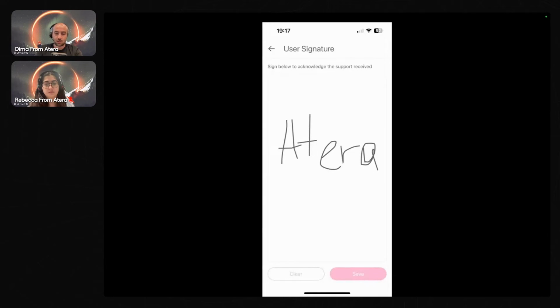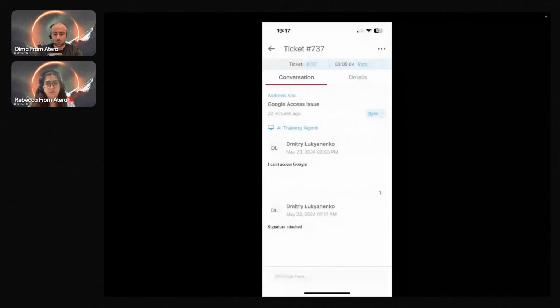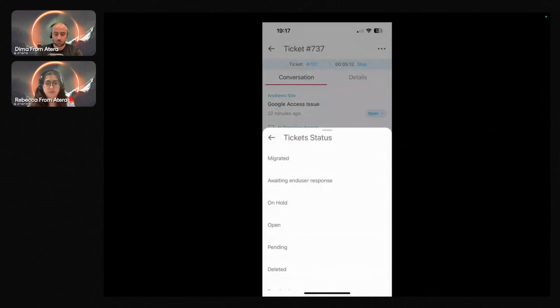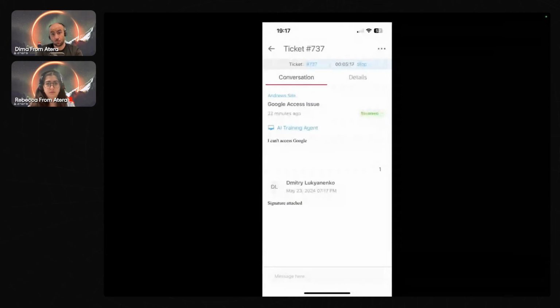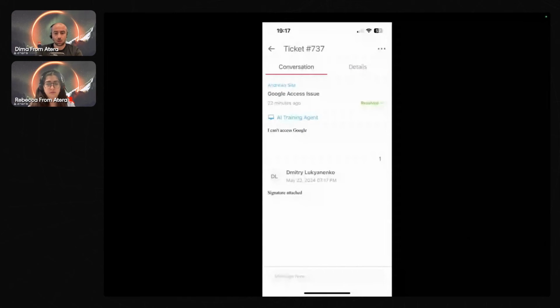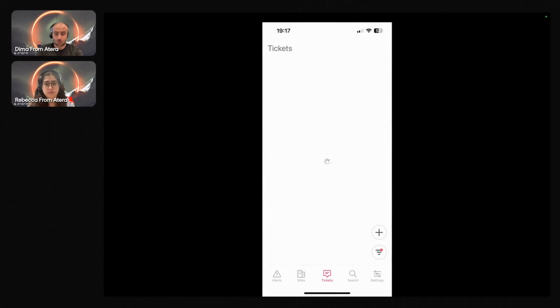However, if you hit save, this PNG item gets added and can be used further down the line in your Atera UI as a proof that the ticket was actually accepted and it was successfully resolved, hopefully. And you can stop the timer, and this will conclude your work on the ticket. So, yeah,